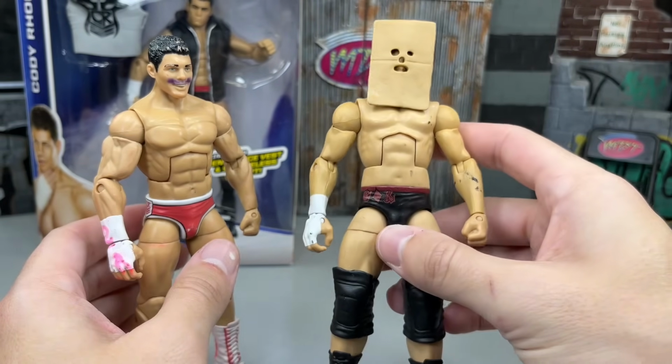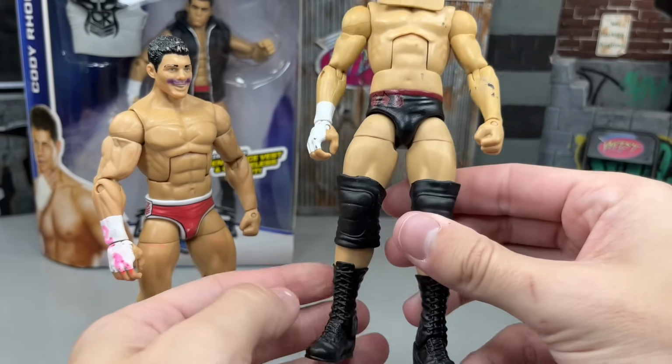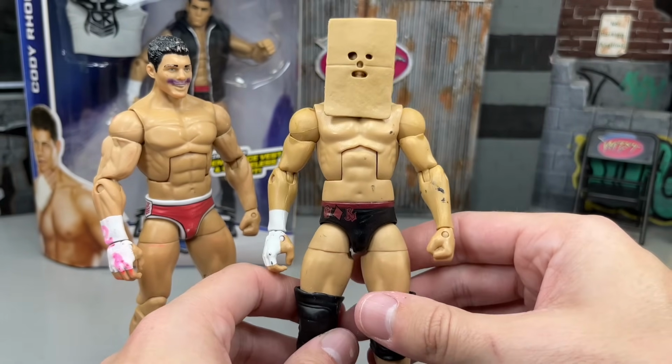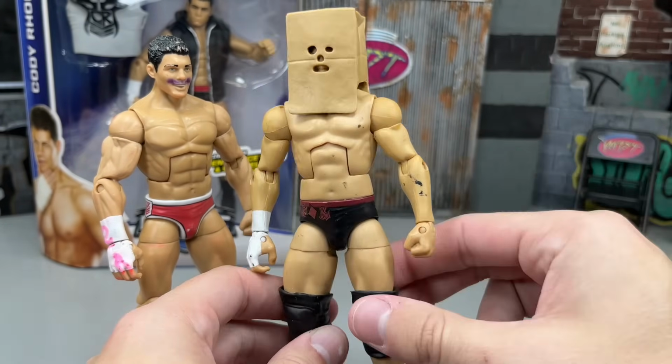We also have this Elite 13 Cody Rhodes with the bag on its head. It came with a jacket. Came with a face mask. It was a pretty good figure. A lot of people like this figure, but this is very early on Cody Rhodes. The bag on the head is just a sweet accessory. You guys can also see it's beat to hell, but...